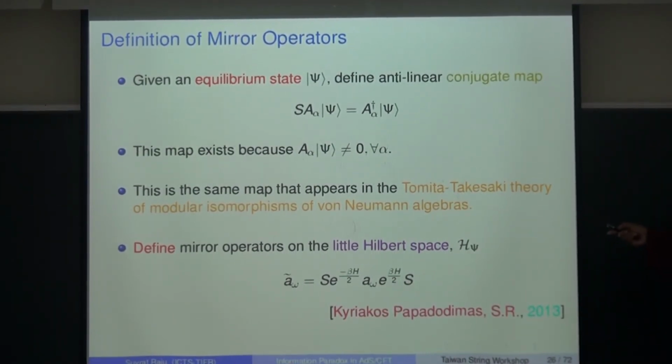But in any case, you define this map, and then the claim is these tilde operators are defined by taking the ordinary operators, putting in some factors of the Hamiltonian. Okay, so you have e to the minus beta H, e to the beta H, and putting in these two S's. So that's a definition of the tilde operators. The claim is that this is the definition, and I'll verify for you in a second that it satisfies all the properties. In fact, this is secretly the same as what I did in the spin chain, although I've said it in slightly more fancy language, but it's secretly the same thing.